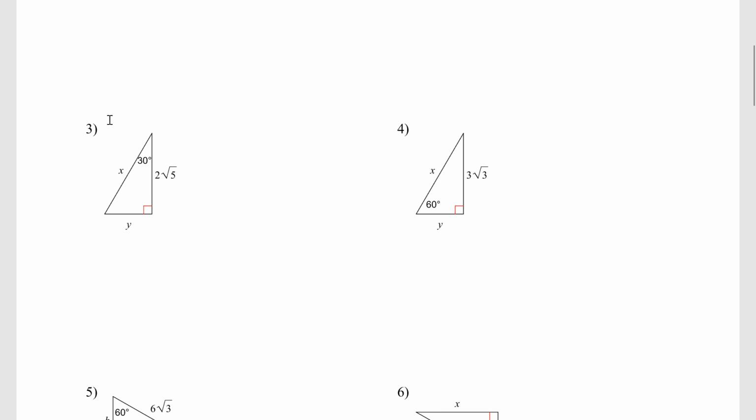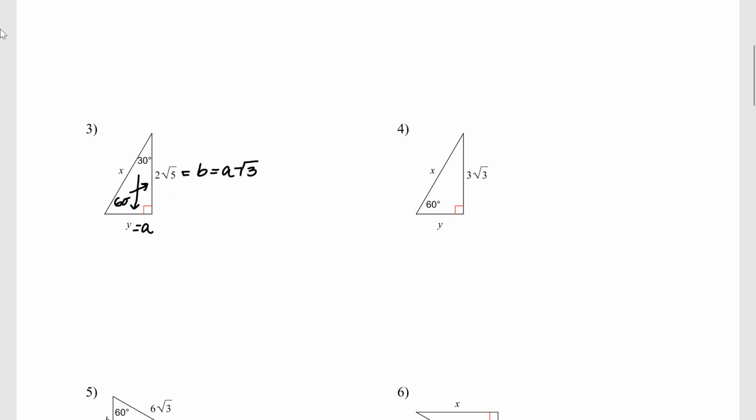Let's take a look at when we have something else. Number 3 here. I have my 90-degree angle, 30-degree angle, so this must be my 60-degree angle. And what is given is the side that is across from my 60-degree angle. Remembering that that side is always B, which is A times the square root of 3. So in order to solve for my A, the one that is across from my 30-degree angle,